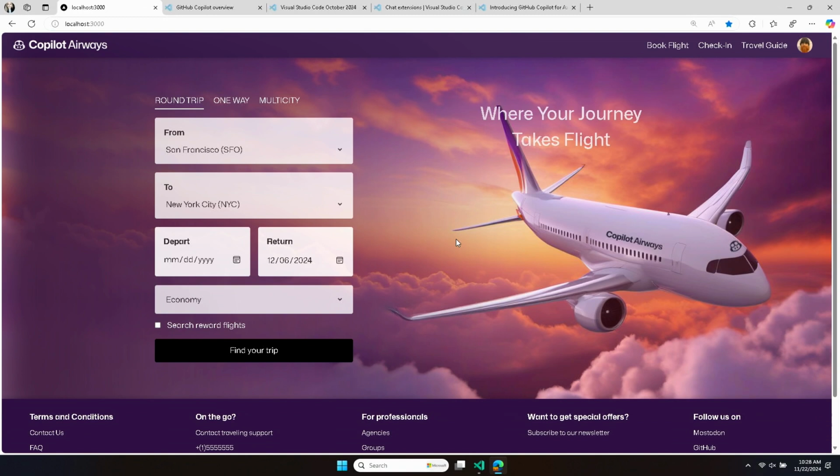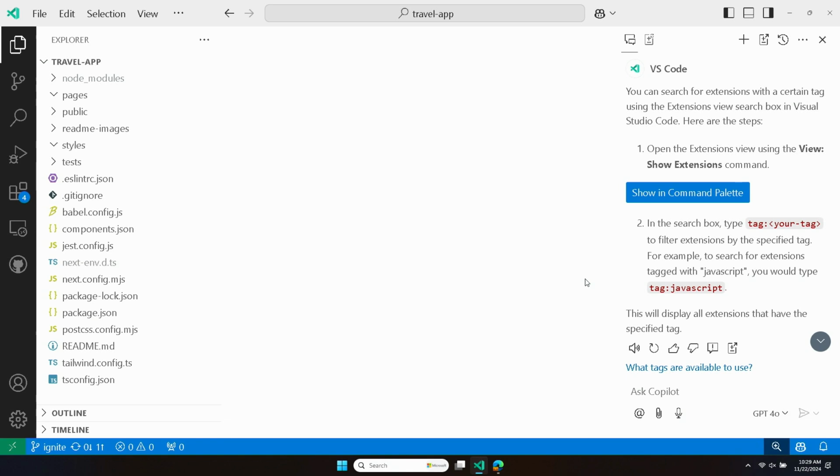So as I'm looking at this app here, and I've familiarized myself with it a little bit more, I think I'd now like to use Copilot to start adding things to it, start modifying it. Maybe one place to start is this top navigation bar. I can see some links here to things that I think would be high traction places that users want to interact with our app, like booking flights and checking in and getting a travel guide. I think maybe having a place for frequently asked questions or an FAQ would be really useful in the title bar. I don't actually know where the title bar code lives, so let's use Copilot to help me locate where that code lives and then try modifying it.